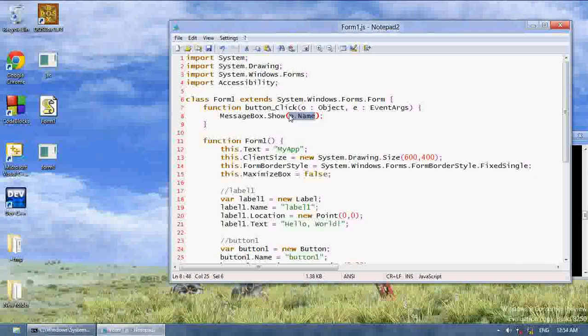And so I could actually do something like if o.name equals button 1, if button 1 clicked it,